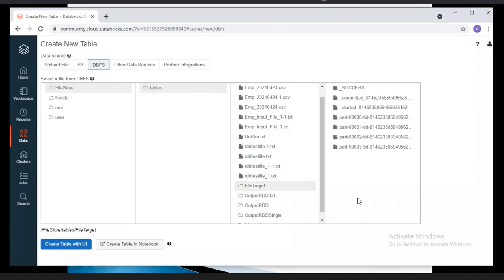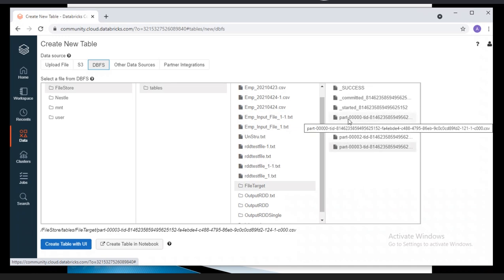See how many files were created? Four types of files. Overall count is seven, but four types were created: underscore success, underscore committed, underscore started, and then the data files. The data files are four files: part hyphen some value, part hyphen some value, and so on.